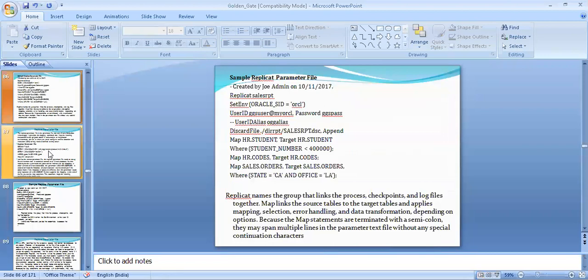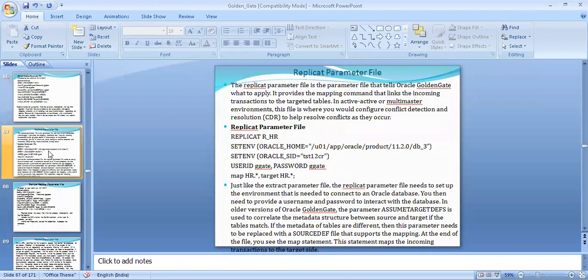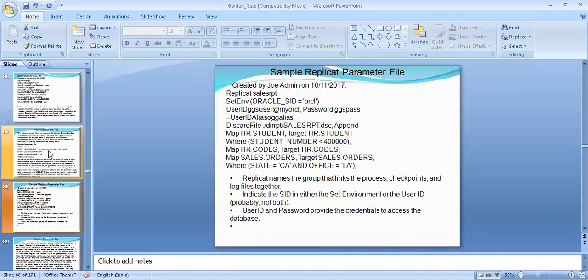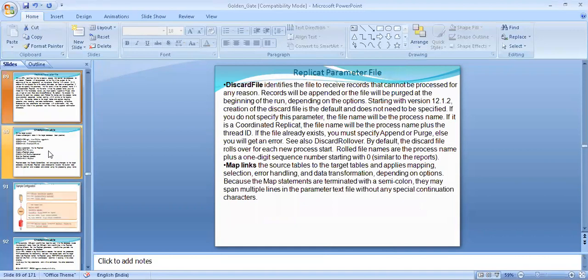So in the GoldenGate environment, these are the main processes: extract process, data pump process, remote trail file, local trail file, replicat process and manager process. We need to know more detail about these parameters. The discard file identifies the file that receives records that cannot be processed for any reason.